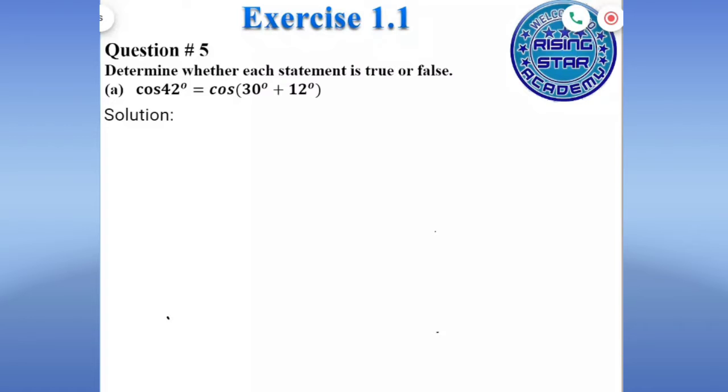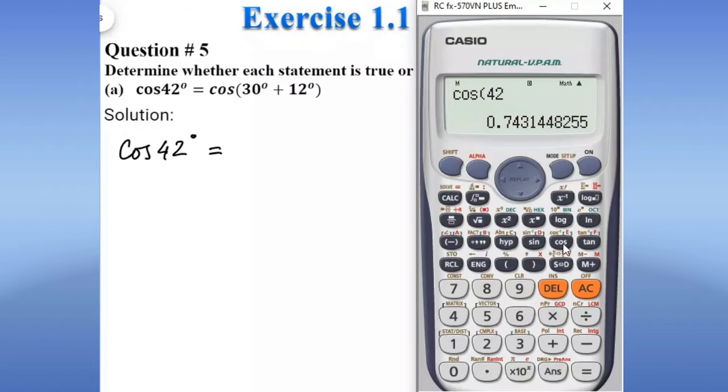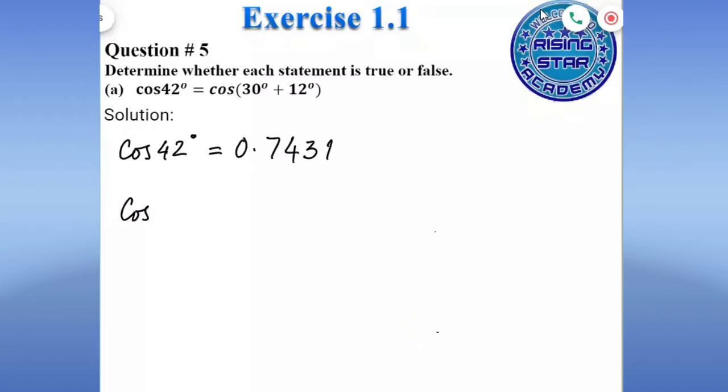So cos of 42 degree, that is equals to, so here cos 42 is equals to 0.7431. Now we will take the right hand side, that is cos of 30 degree